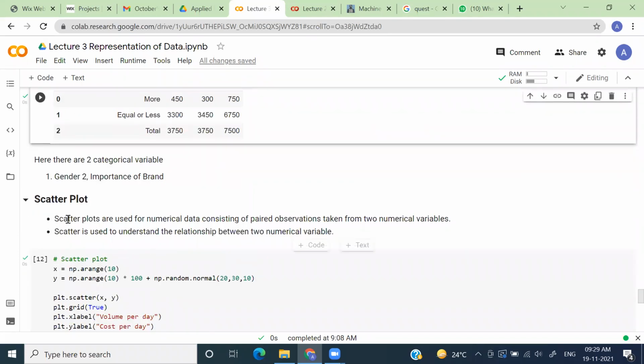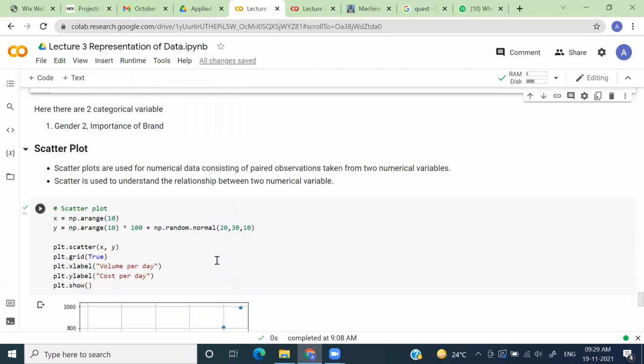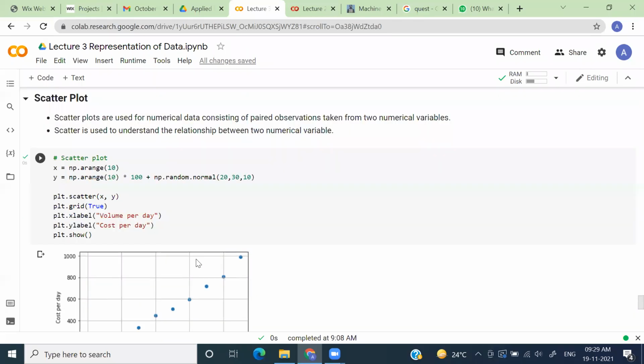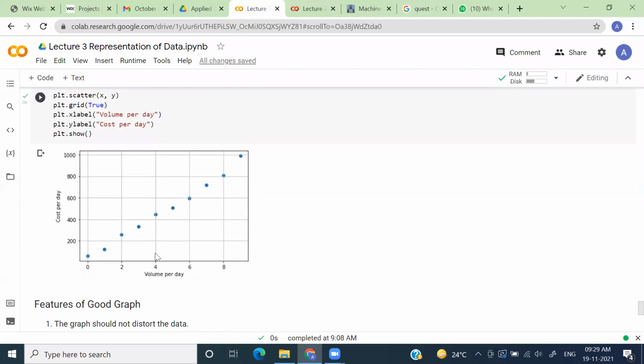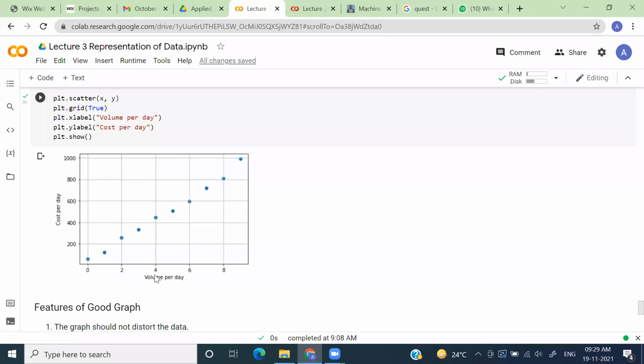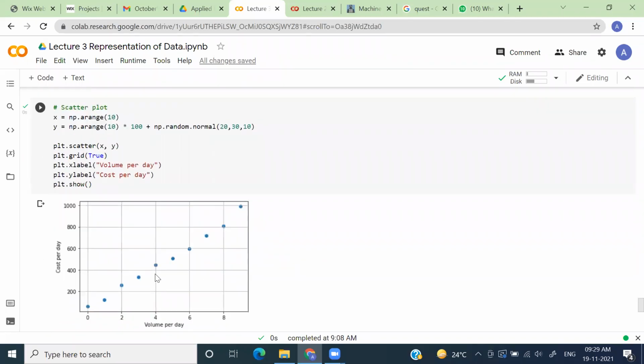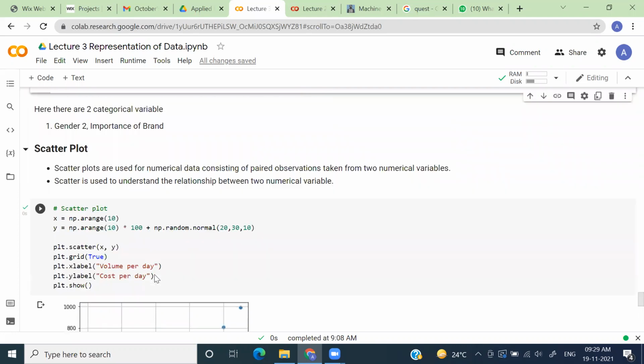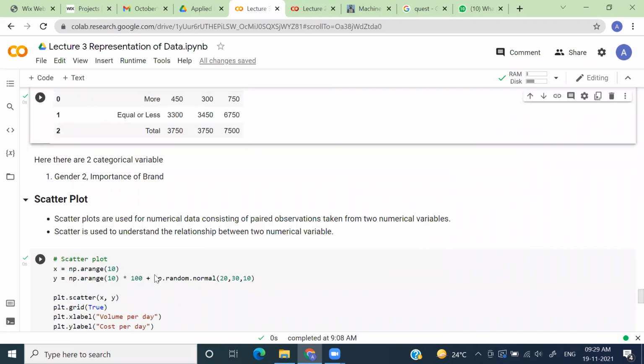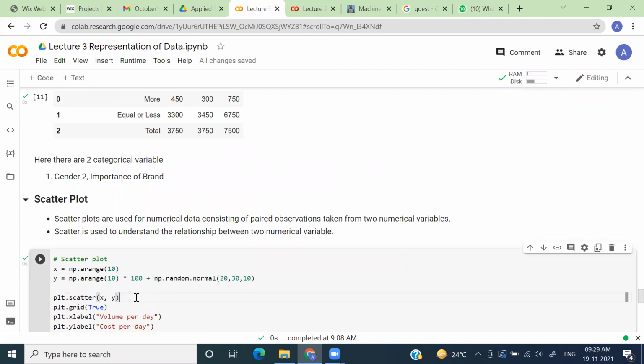Now let us see how we can compare two variables by visual representation. This is one of the very common plots that we do for numerical data, which is called a scatter plot. Let's say I have given you two variables. One variable is the number of material you produce, and the other variable is the sales you make out of it.